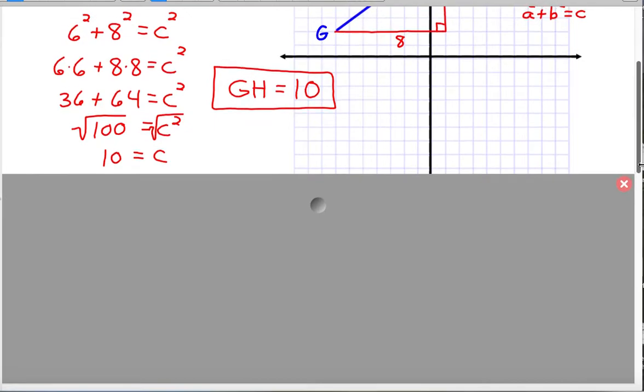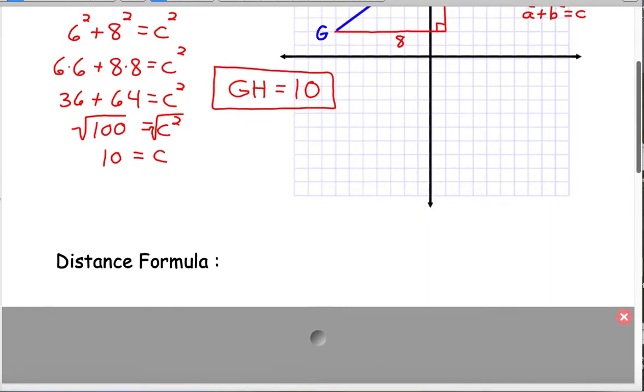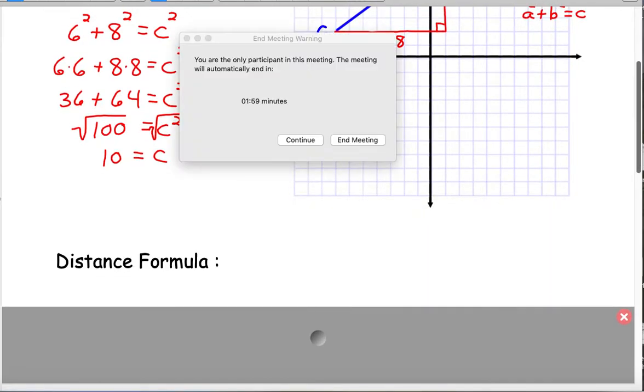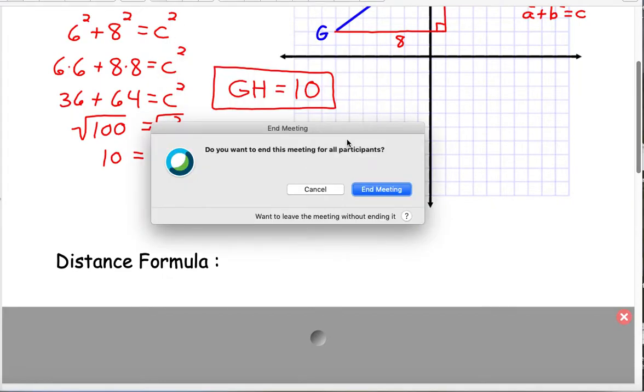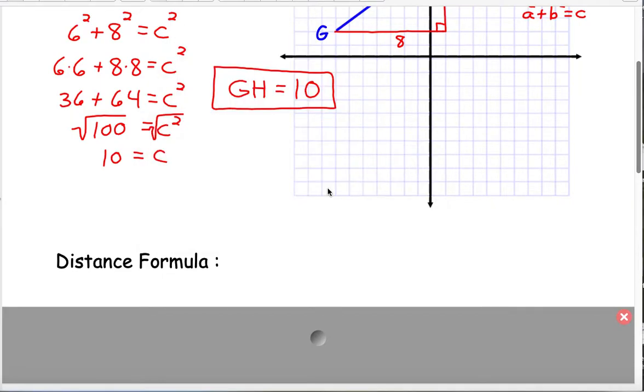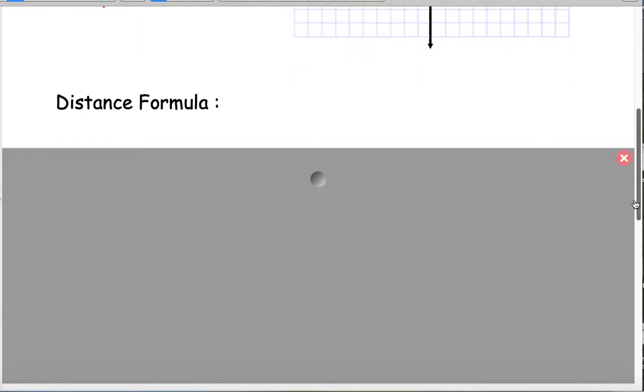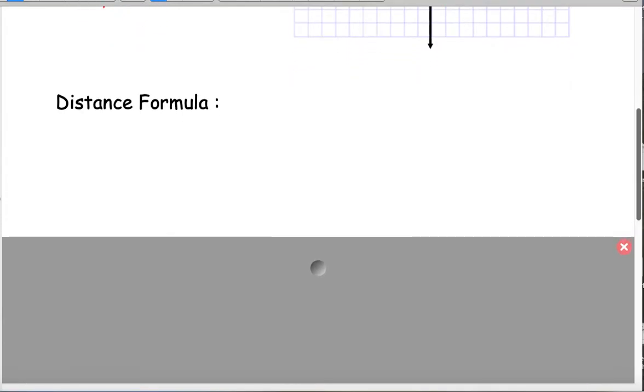What if we didn't have a graph? What if we just had the coordinates? Well, in that case, we would want to use what's called the distance formula. And the way that works is if you have 2 points, and let's call these points x sub 1, y sub 1, and the other point we'll call x sub 2, y sub 2. So the distance between the 2 points